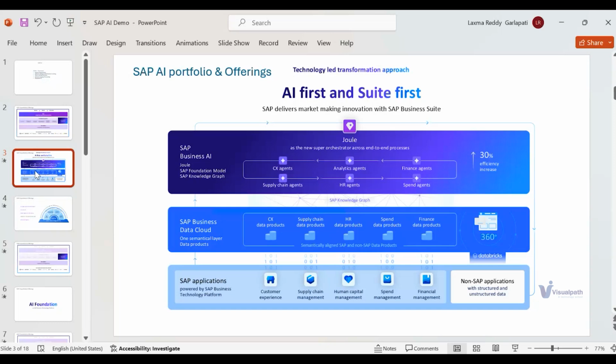But as a customer, if I have to build certain intelligence and insights out of this data, do I need to spend an additional amount to bring that infrastructure into place? That's where SAP has tied up with Databricks, and it is now available as SAP Business Data Cloud, again on Business Technology Platform, where seamless integration with heterogeneous data formats and heterogeneous ecosystems is possible.